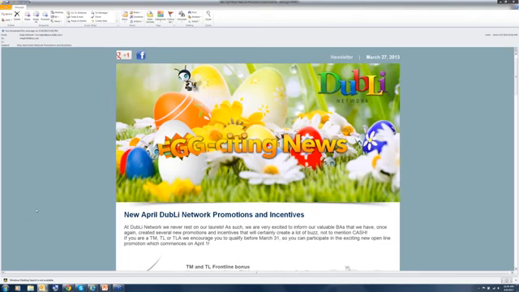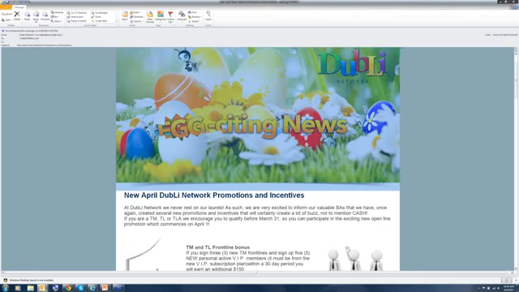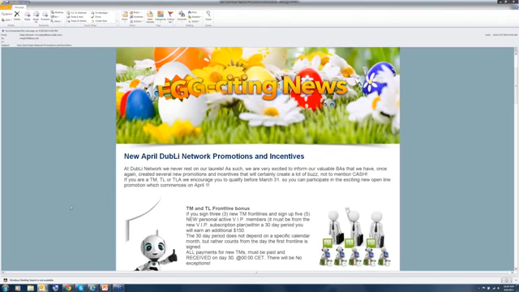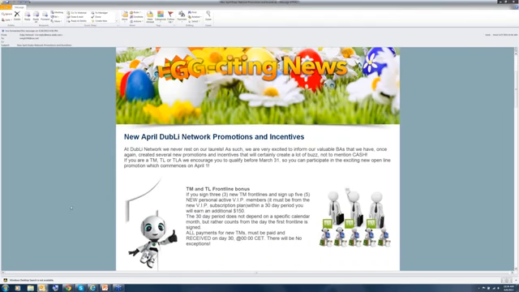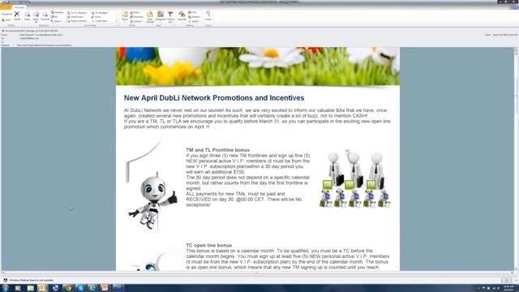I want to walk you through the bonuses. This is really important for all of you. Now, this is in a newsletter, and this came out on the 28th of May, so all of you should have this in your hands. On top of the compensation plan, the company has their promotions and incentives. So one of the first ones here is talking about the team member and team leader frontline bonus.